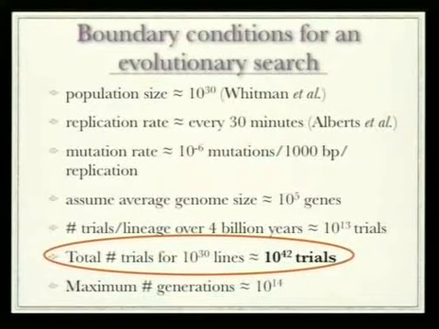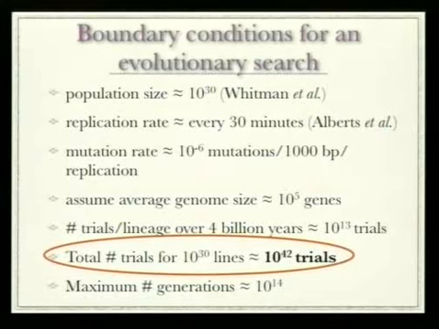Given very generous estimates published in various papers, we can derive an upper limit for the number of trials available to the origin of life here on Earth, if we make very generous assumptions regarding time, 4 billion years, and population size, 10 to the 30th, which is thought to be the number of organisms that live right now on the Earth. Most of that is bacteria. The non-bacterial forms of the prokaryotes form only a minority compared to the bacteria. The replication rate wouldn't even raise the figure by 1 order of magnitude. Bottom line, the total number of trials for an evolutionary search that's been available is 10 to the 42